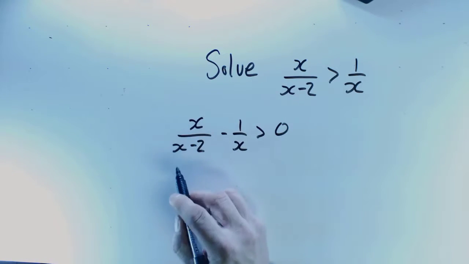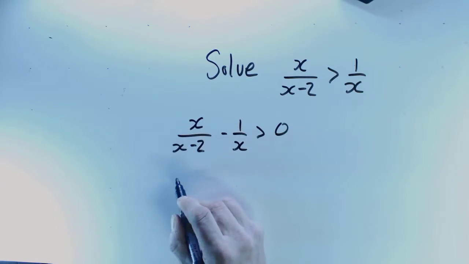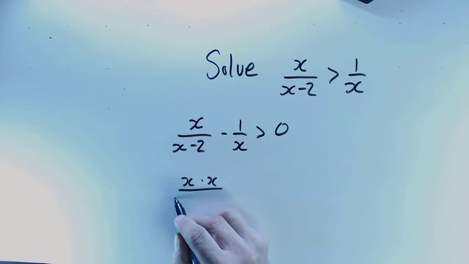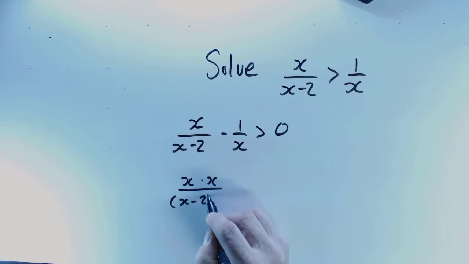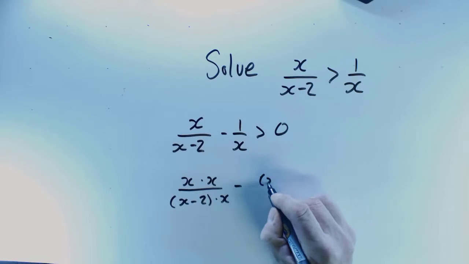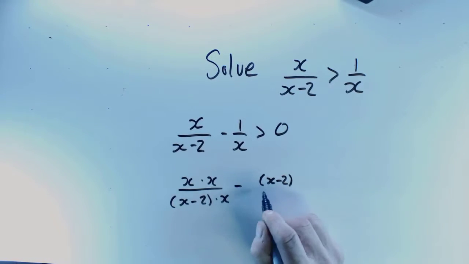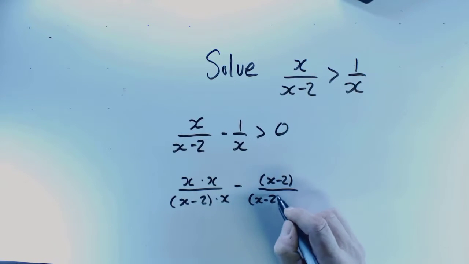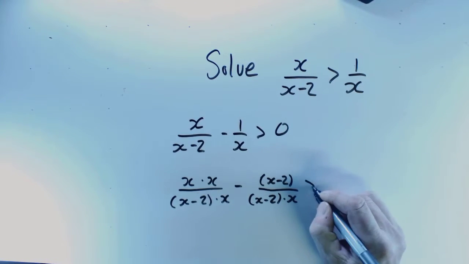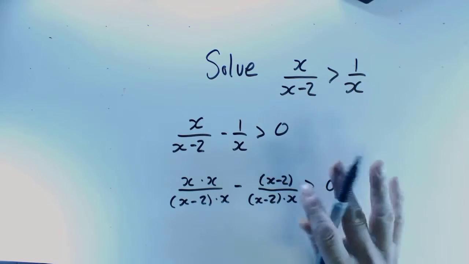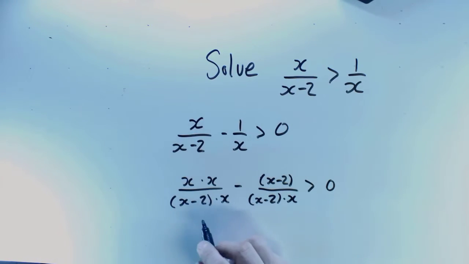And so I'm going to multiply this side by x over x, which becomes x squared. And I'm going to multiply this side by x minus 2. And everything stays the same. Everything's happy because I haven't multiplied both sides by something. I don't have to examine cases. And so this becomes,